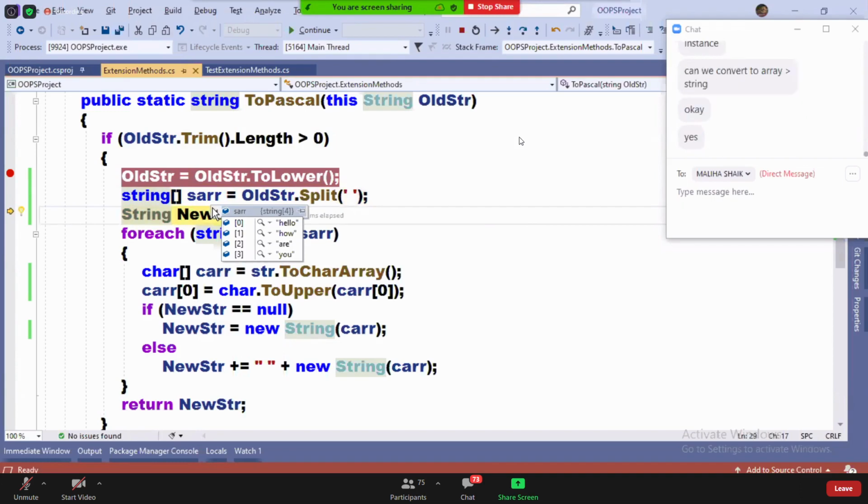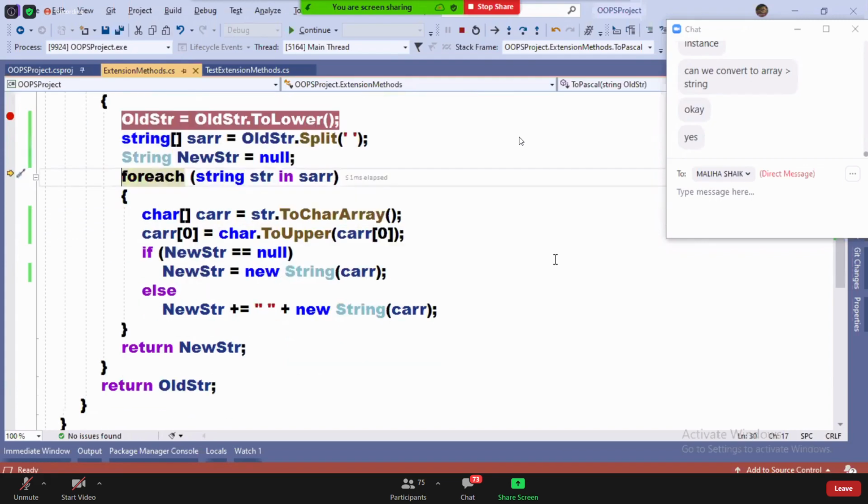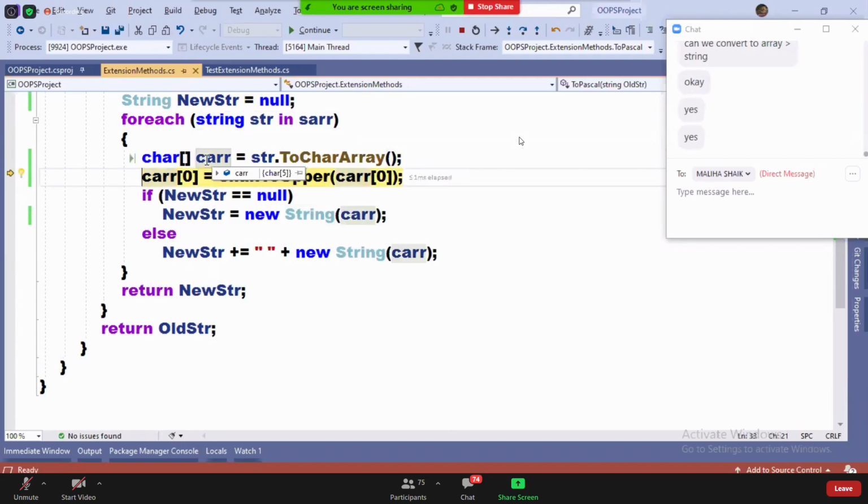I declared a new string variable on the top. Now I'm using the foreach loop and picking one by one word. First time, str is hello. The ToCharArray method broke this into a character array. After breaking that into a character array, the first character is converted into uppercase. Watch.